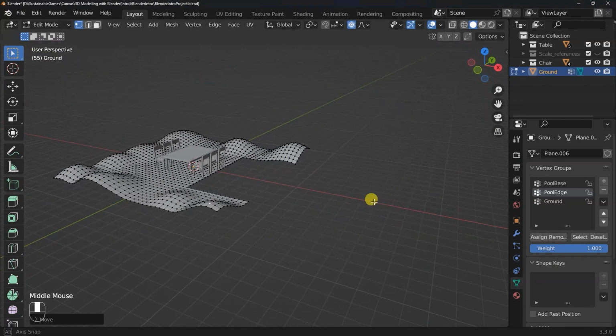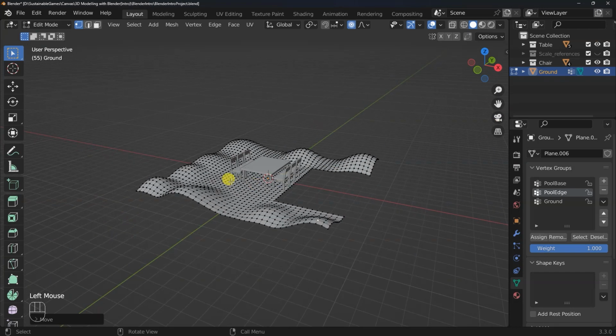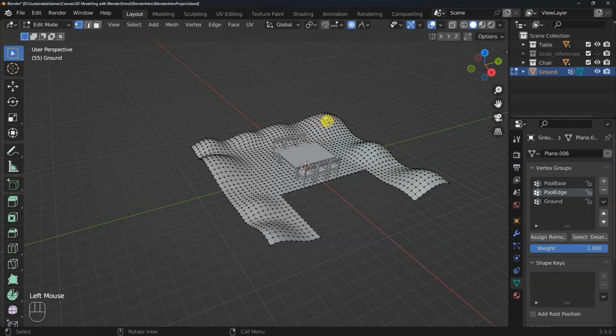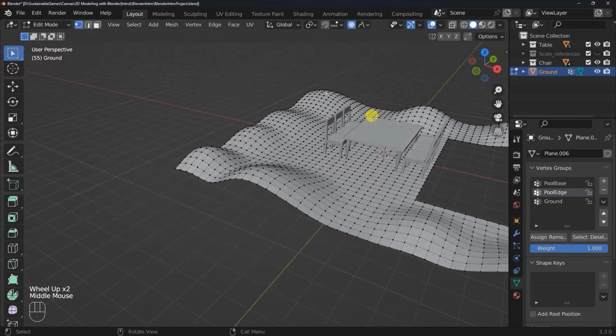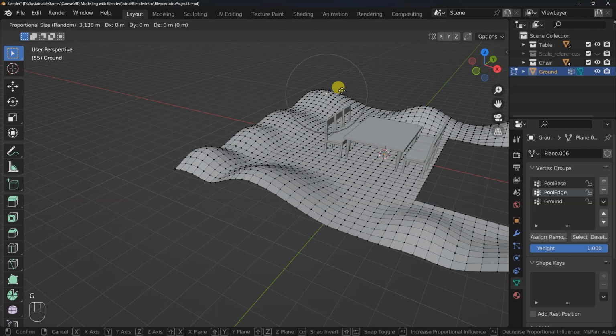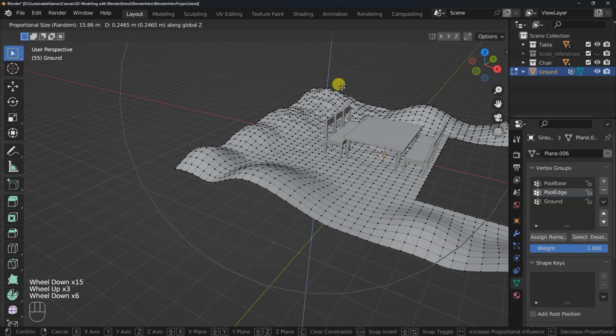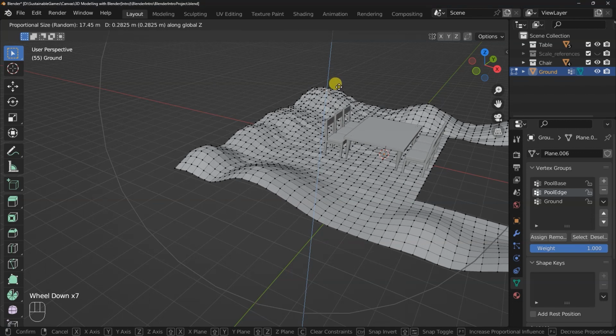So a quick way to add some roughness to this surface is by going to this drop down here beside the proportional editing, and you can see that there are different effects you can give to that surface. In this case, I need to go to the random mode, so that if I select a vertex and I move it up, let's say G, Z, you can see this time it's not as smooth as the other effects it was given. So you can scroll out a bit and add that roughness to the area, but I don't want it to